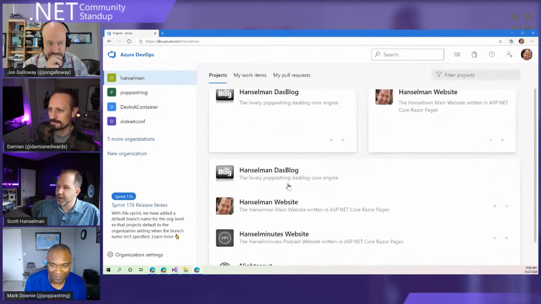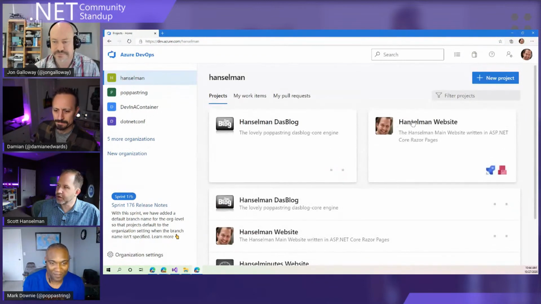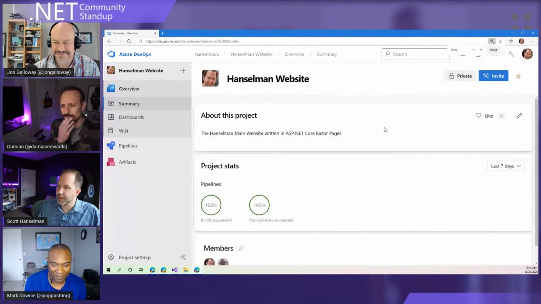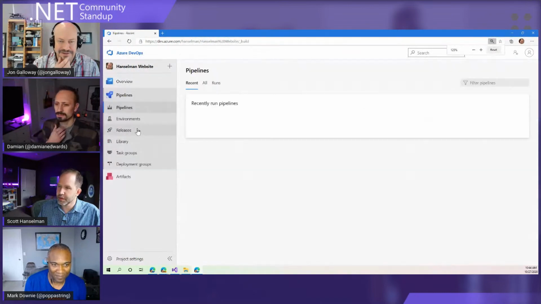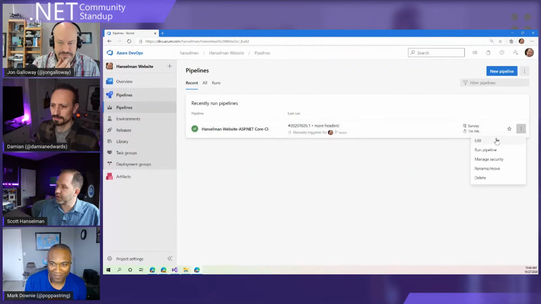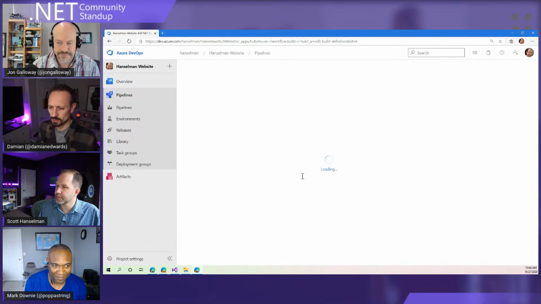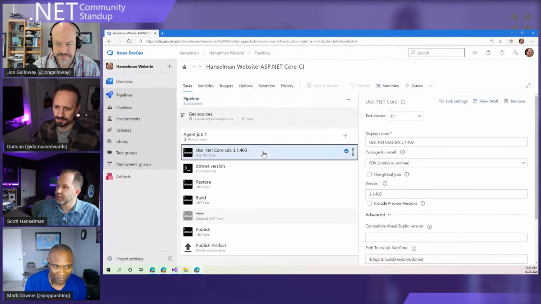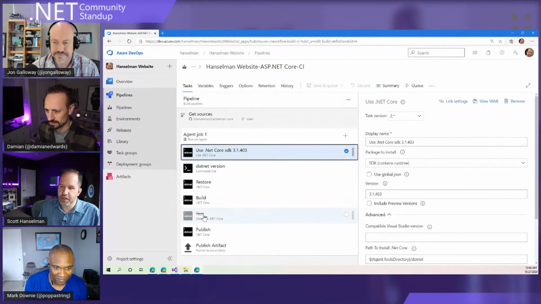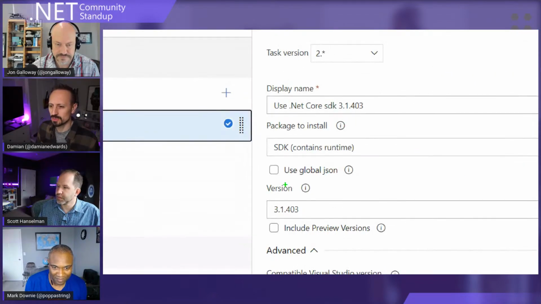There's the website. I mean, this is all of my stuff. But here's the website. Okay, this is the main one, okay? And here's the pipeline for the main one. This is the one that is up to date. Right. And this one is not using the YAML style of things. So you have the version hard-coded in this one for some reason. Why is that? Because I don't know how to float versions in this one.